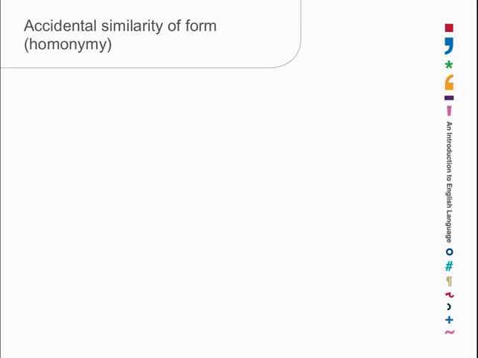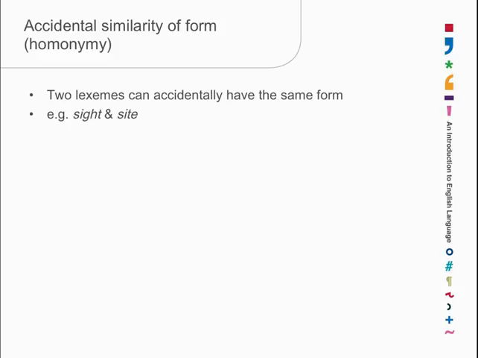Well, what happens with accidental similarity of form? That sometimes happens as well. We can get two lexemes which have the same form. The word sight, S-I-G-H-T, and the word S-I-T-E. They may be spelt differently, but they have the same sound. Well, they don't have related meanings at all. Right? They're quite different words, different lexemes. Does that happen? Well, yes, it happens quite a lot. To do. It happens quite often, and there's quite a bit of to-do about it. That was my boo-boo. You can make puns out of them. Puns are often made out of these